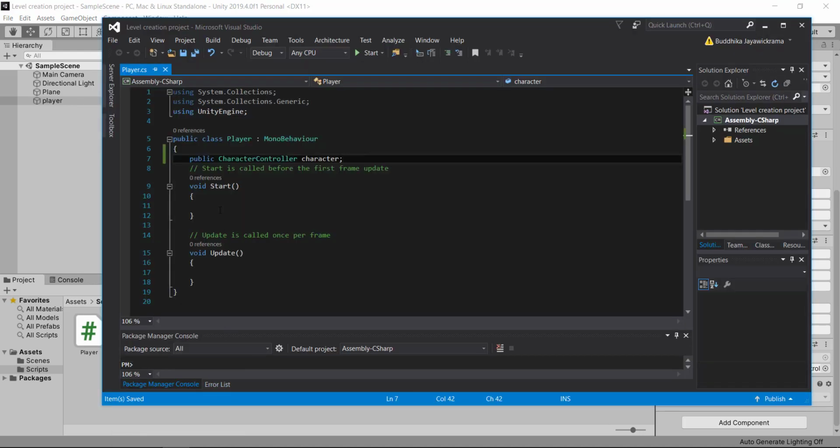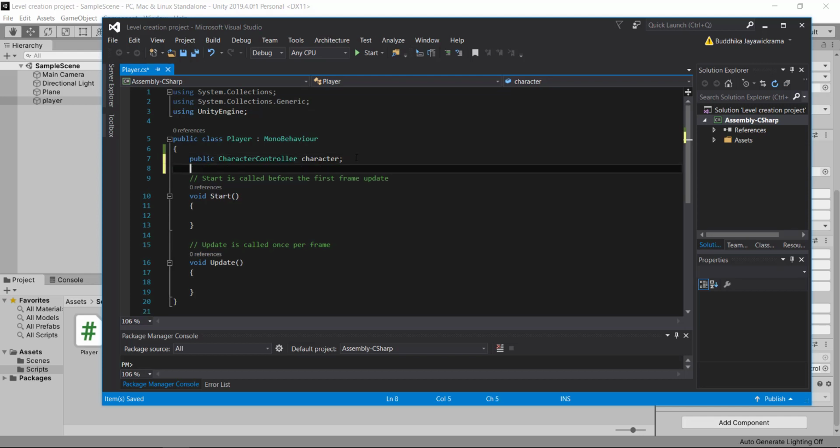To control our player object and access this character controller, we will need some more variables in our script. So let's start with making some variables for the movement of this player object.